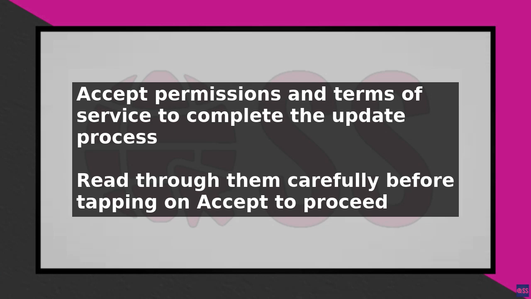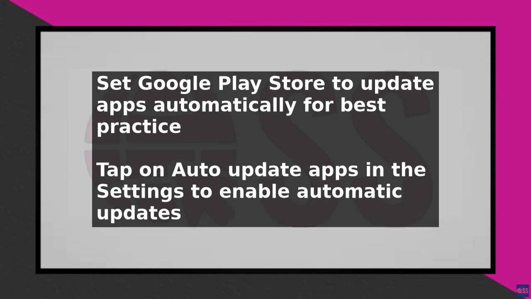As a best practice, it is recommended to set your Google Play Store to update apps automatically. To do this, go to the Google Play Store menu, tap on Settings, and select Auto Update Apps. This way, you will never miss an update and your apps will always be running with the latest features and